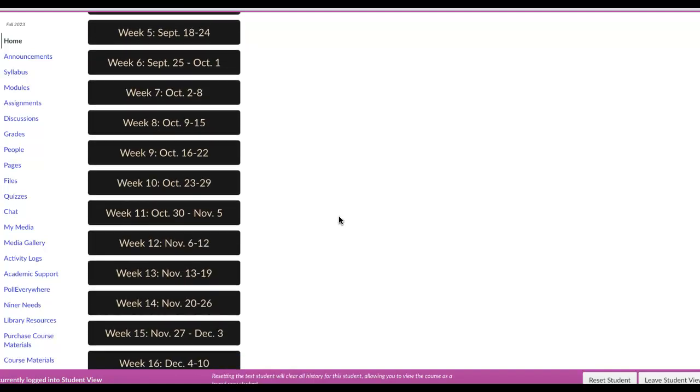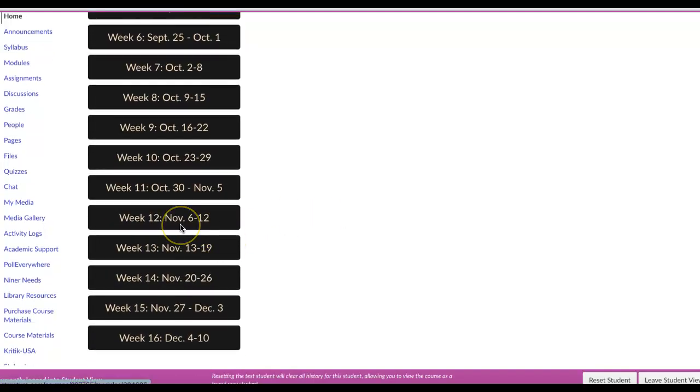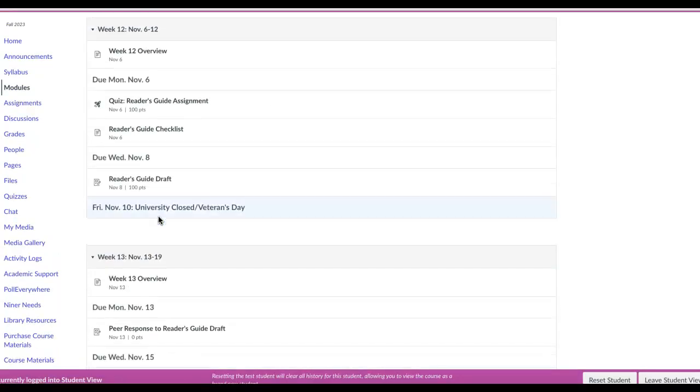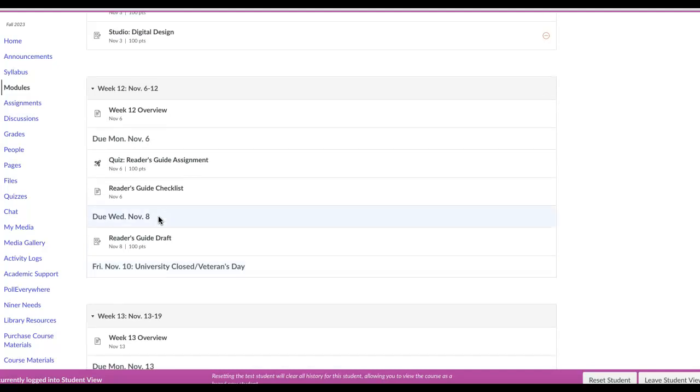So if you've looked ahead, you know that week 12 is a shorter week because the university is closed on Friday for Veterans Day. So our main thing that we are doing this week is turning in a draft of the Reader's Guide by the end of the day on Wednesday. Okay, so this is something that you can start doing now because the workload that's due on Monday is fairly